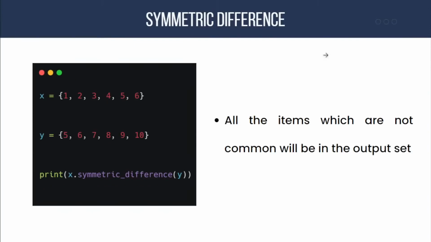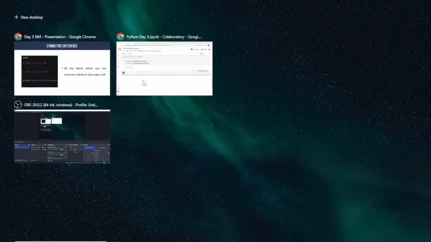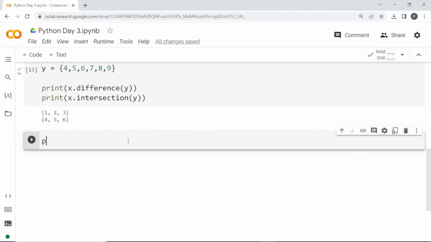The next one will be symmetric difference, which means it is to find all the elements which are not common. So we'll be getting a set, and all the elements which are not common, it will take that and it will print that alone in the result. I can do print